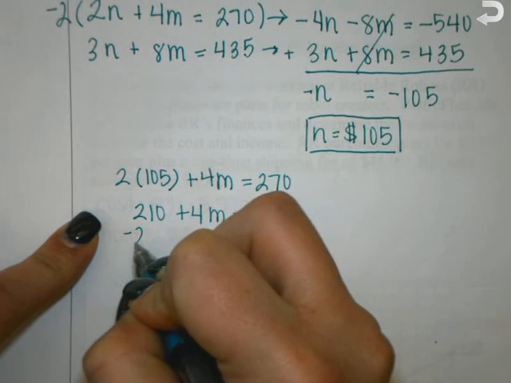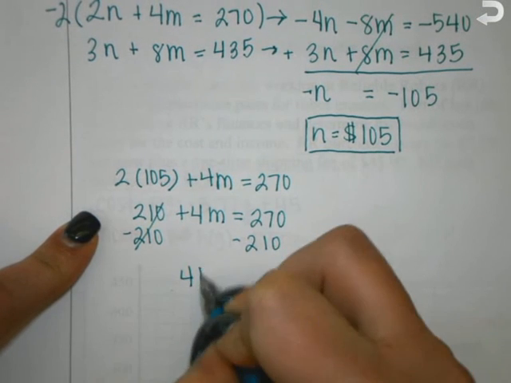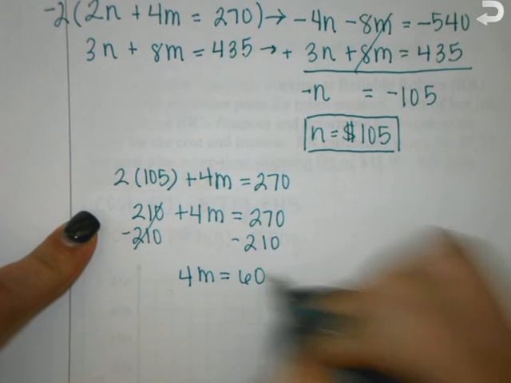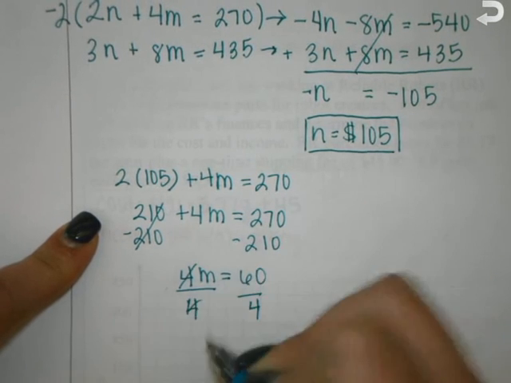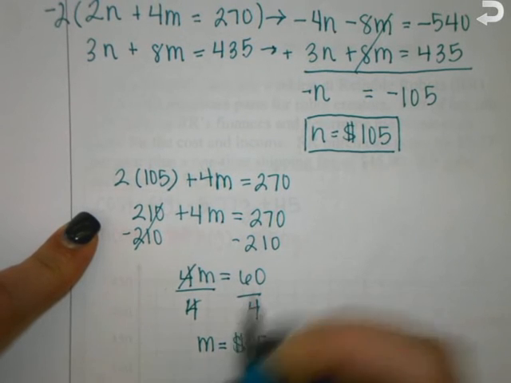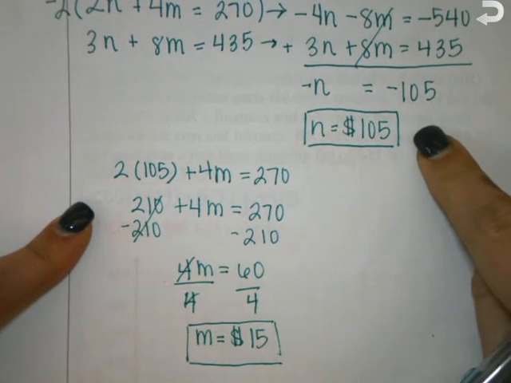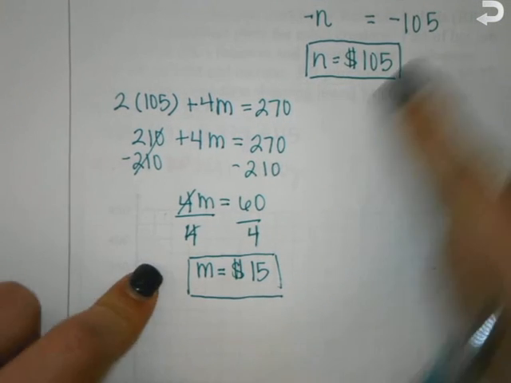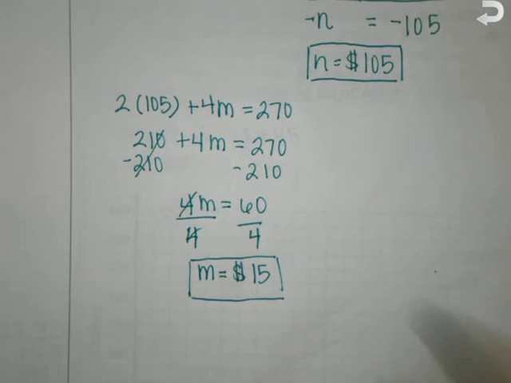Subtract 210. So I'm left with 4m equals 60. So what does m equal? 15 what? Dollars. So those better be some good meals. So each night costs you $105, and each meal would cost you $15 if you were to pay for each one separately. Wait, so would it be